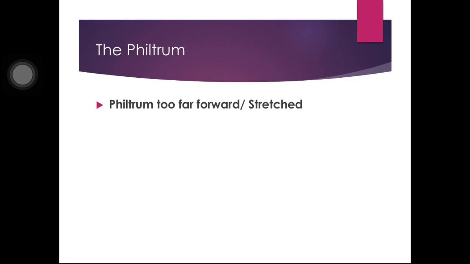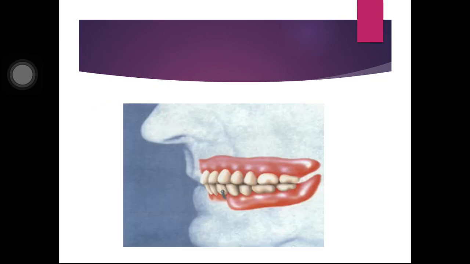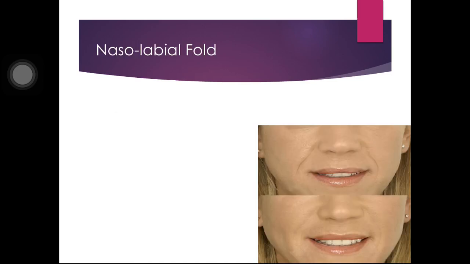The philtrum, we can see that the philtrum is too forward or stretched, the rim is too much inclined, and the labial flange is too thick. I hope there is a picture here. This is basically the philtrum area. So you have to look here to see if it is stretched or falls forward, the rim is too much inclined, the labial flange is too thick. So this is what we call the nasolabial fold,